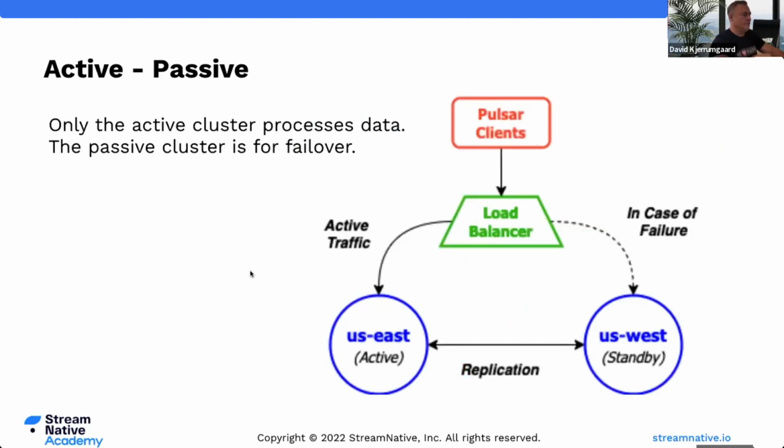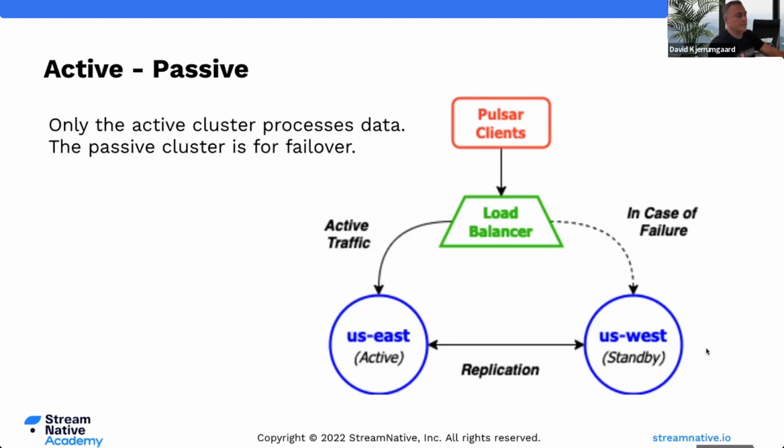Another pattern is to have an active-passive or active-standby scenario. This is primarily fronted using a load balancer. So the Pulsar clients connect to a known endpoint. They are always routed to what's considered the active cluster at this point in time. Active traffic comes in there. All data is published here. All requests are served from here. And there's a background process geo-replicating the data automatically in both directions. But since it's only coming into the East, or the active one at the moment, the replication is unidirectional